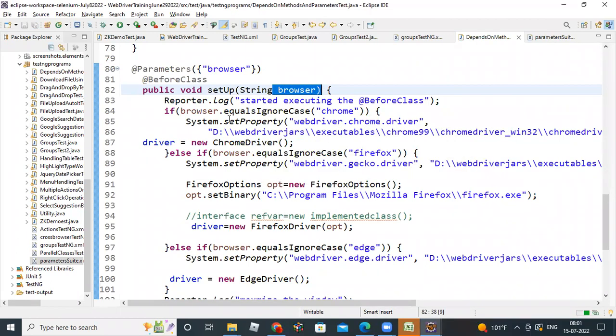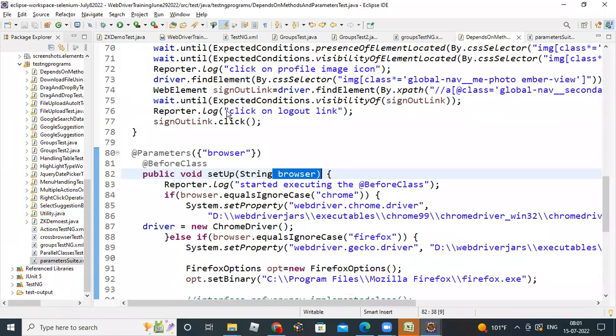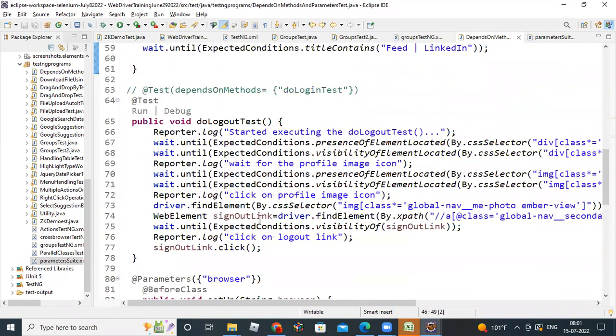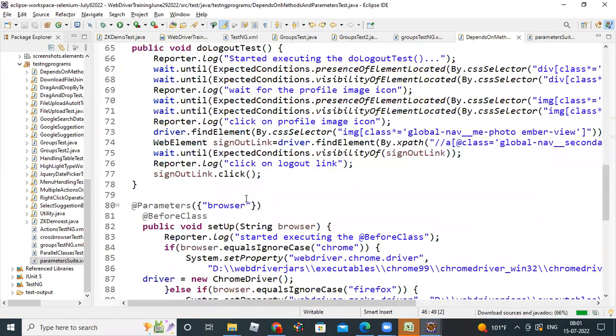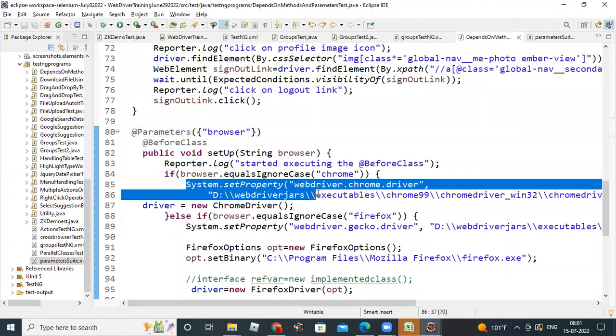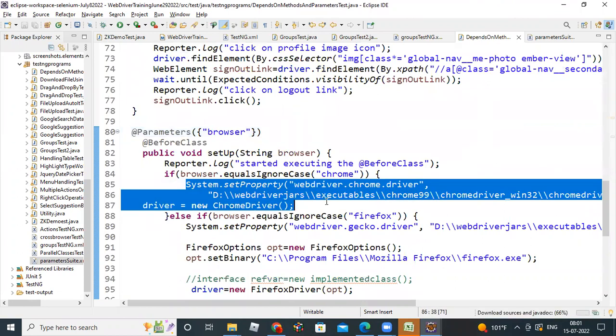So another parameter tag you have to create. So two parameter tags will come, for username and password. Then before that, you have to set which browser you want to run. So I am ignoring this. That is how you can ignore this exe file concept. You have to write